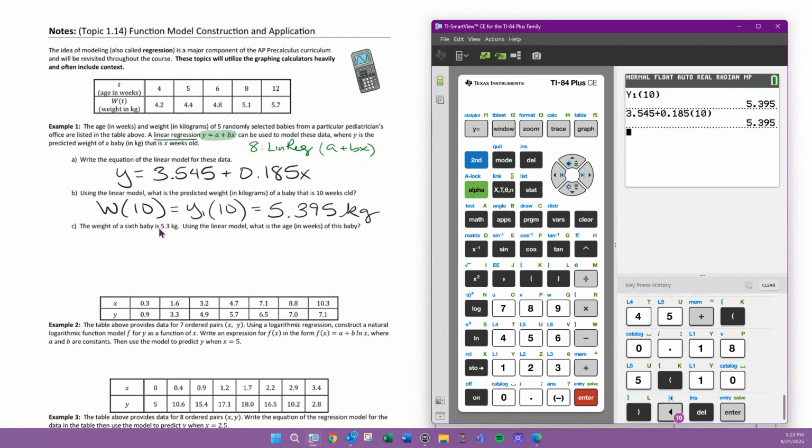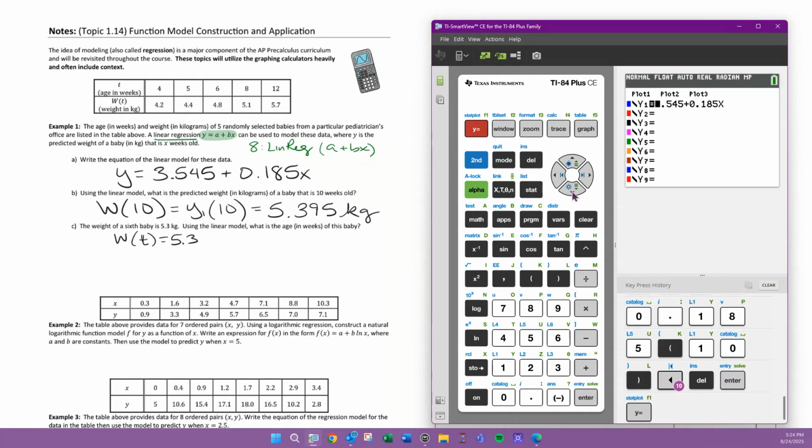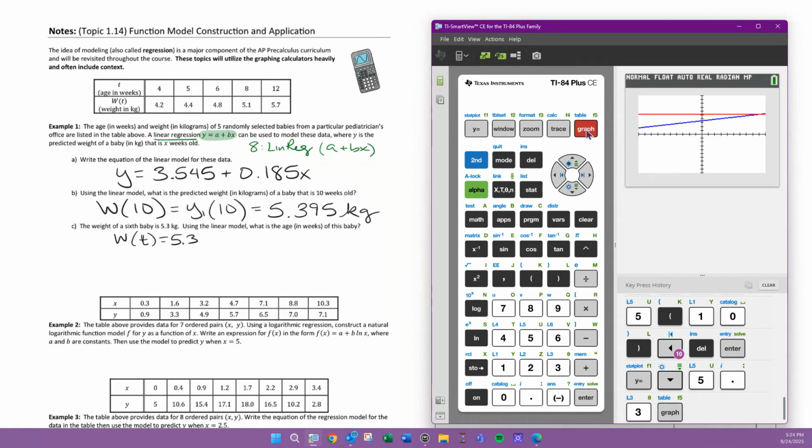Part C says the weight of a sixth baby is 5.3 kilograms. Using our linear model, what is the age of this baby? Well, it's told me that the output is equal to 5.3, which means I'm trying to see when this graph that we already have would be equal to 5.3. So if I use that output as an entire new equation, when I graph this function, we're going to see two lines that cross here at this particular point. We want their intersection,